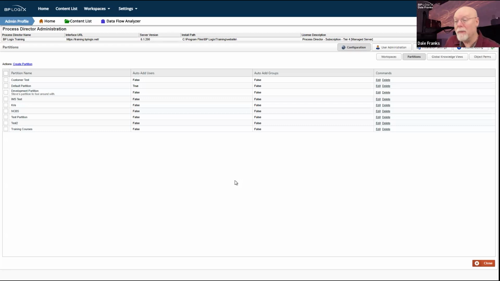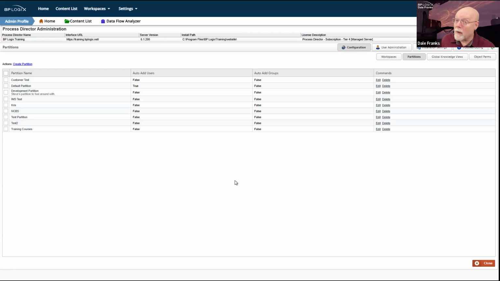On a development system, you might, in fact, have multiple partitions. Indeed, some of you have three systems: a development system, a staging system, and then a production system. That's the ideal environment for developing applications, testing them, and eventually promoting them into production.